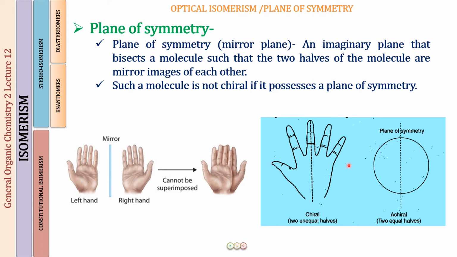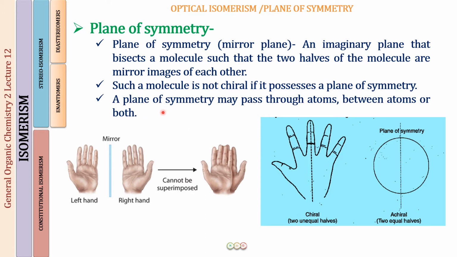Right? I can place the mirror over here also. Even then I will not find the two halves to be equal. So such an object is going to be a chiral object if it does not have a plane of symmetry. As far as the plane of symmetry is concerned, we have four elements. So when we are talking about the plane of symmetry and differentiating between the two, I am saying that there is no plane of symmetry in the hand, so the hand is a chiral object.